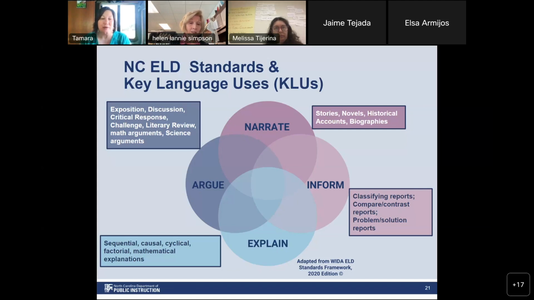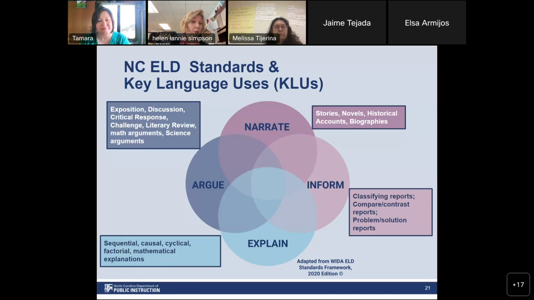And let's look at inform. This genre is about communicating generalized factual information. And of course, it's found in information texts. We're going to see it in things like reports and how we're classifying, comparing, contrasting, or doing a problem solution. So, we're just talking about the what and the facts is where we're going to get informed. And this typically overlaps very well in science and social studies as well. This is a pretty big category.